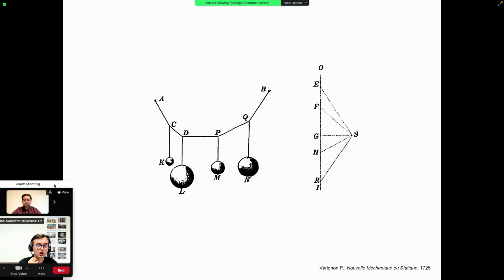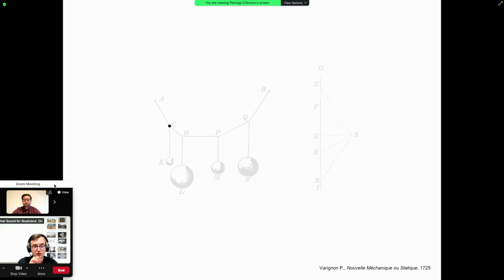That means that each and every node of the structure is itself in equilibrium. So if we consider one node of the structure and the forces that are applied to it, in this case, the weight of the mass and the forces inside the cable that is put into tension by the mass,